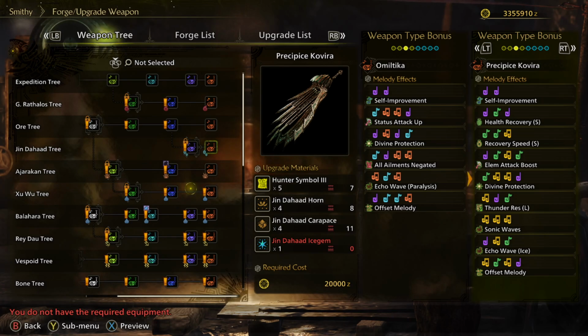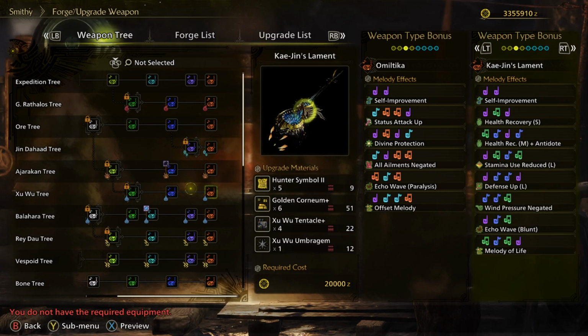Self-improvement, health recovery small, recovery speed, elemental attack, divine protection, under resist, sonic, echo. Okay, they all have echo waves, I think. Health recovery medium plus antidote seems kind of nice. Self-improvement is everywhere. Health recovery is just an individual heal. Kind of sad to have health recovery small and health recovery medium plus antidote, because it's only one more note to heal for more and to... I mean, if you don't need the antidote, you don't need the antidote, but...